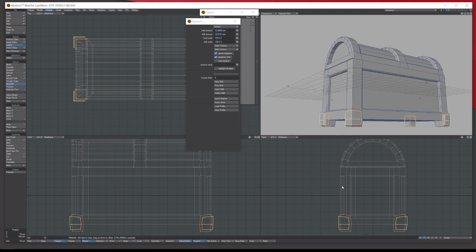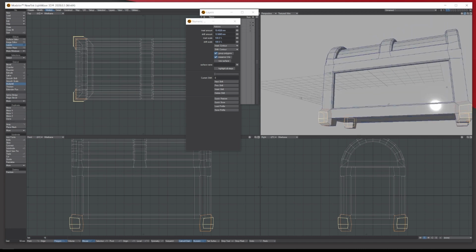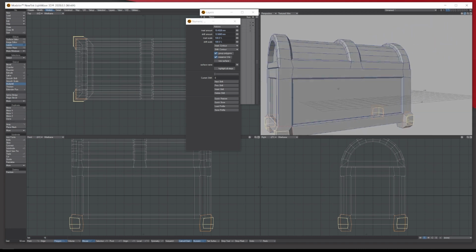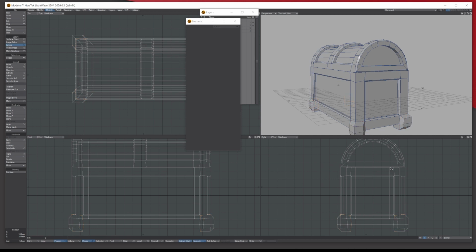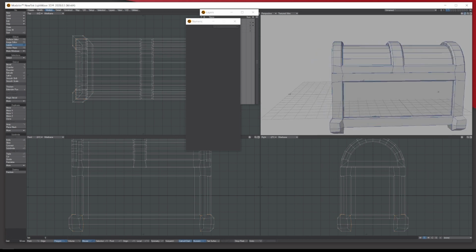Okay. And what we're doing is we're bringing it out and we're bringing them in just to give the legs a bit of chunkiness, I suppose. And it's up to you how far you want to bring them in or what you want to do and so on. Let's just say that. So now what we've got is these chunky legs and stuff.